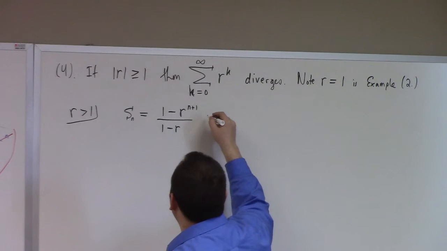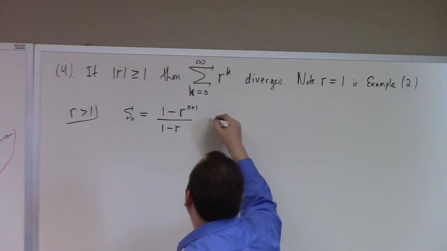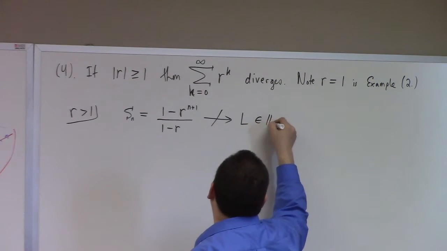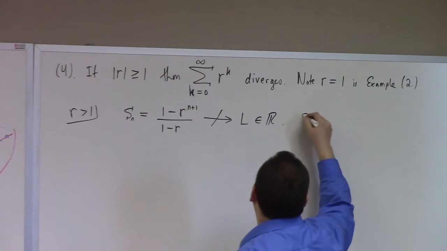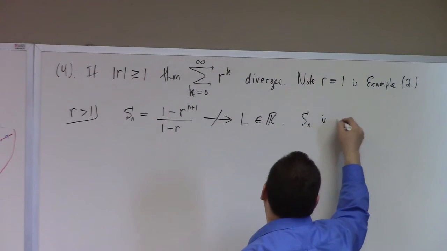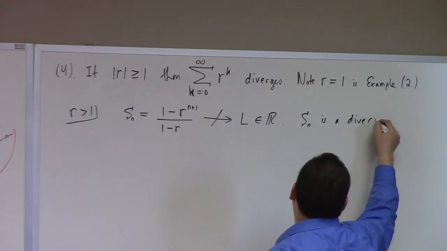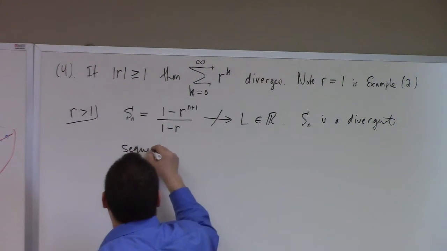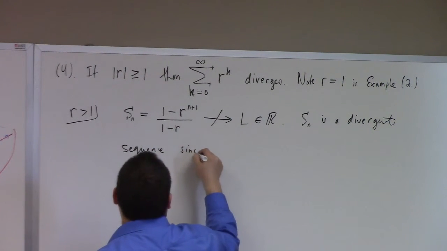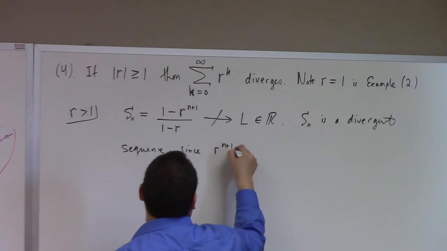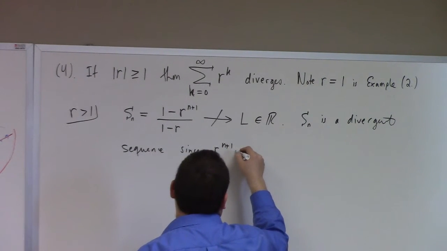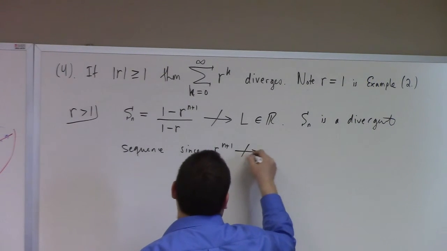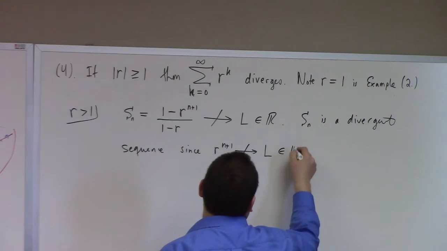And this does not converge to L in the reals. So S sub n is a divergent sequence, since r to the n plus 1 does not converge to any L in the reals,